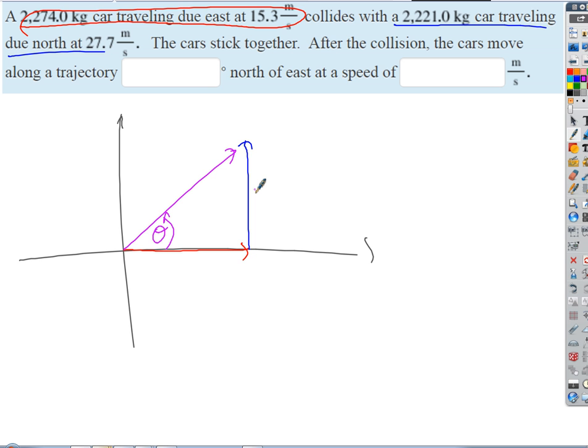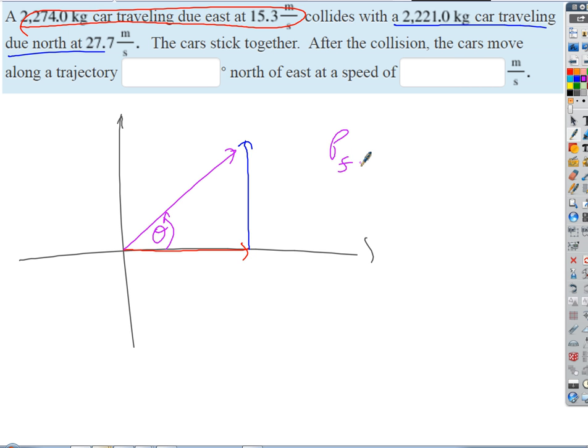Wait, just a quick question, for our purple line and our red line, do those represent the momentum of the cars? The momentum. Okay. Yeah, momentum's a vector quantity, right? Momentum equals mass times velocity. So what Peyton was saying is, we're going to get this purple momentum. It's not purple. Let's call this